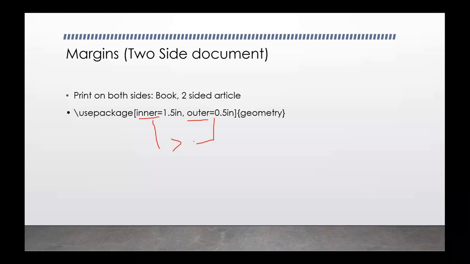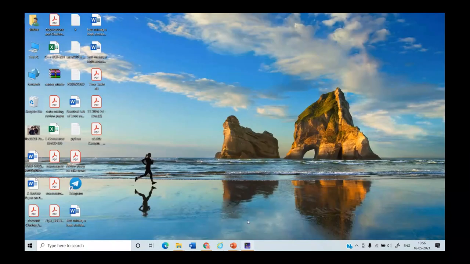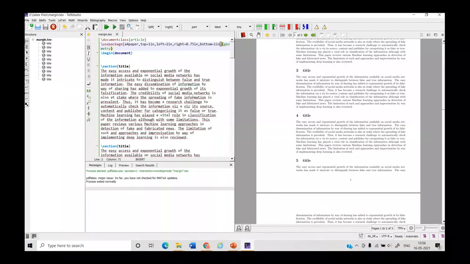Okay. Always remember this thing. So let's see the demo part for this. This is the document which we made earlier with the help of the use package, and we have seen how to set margins.